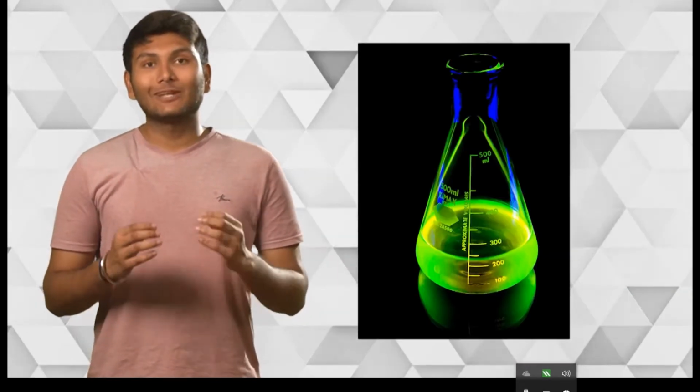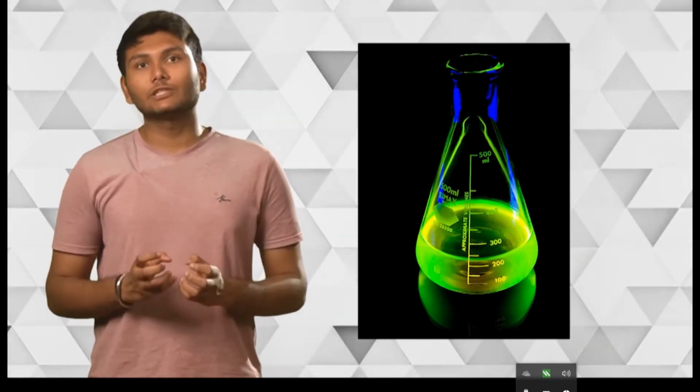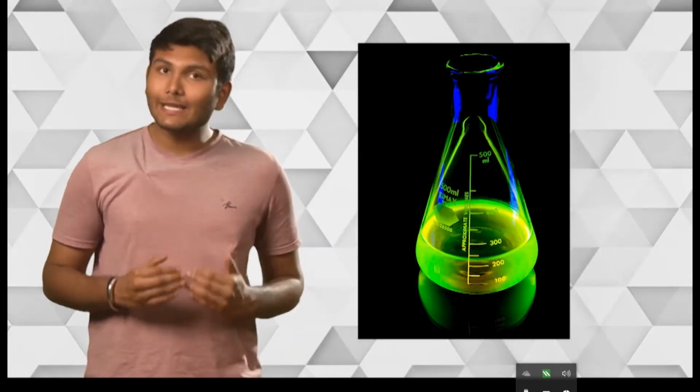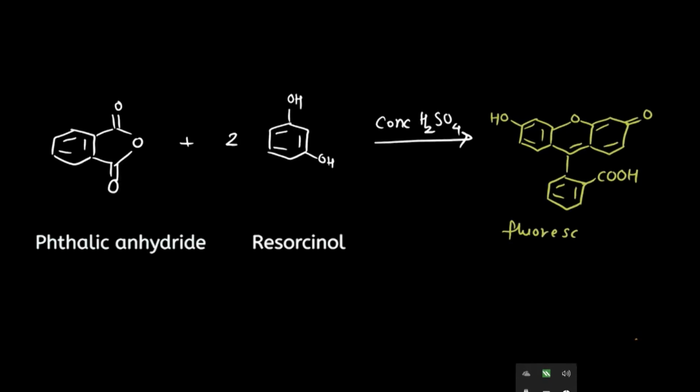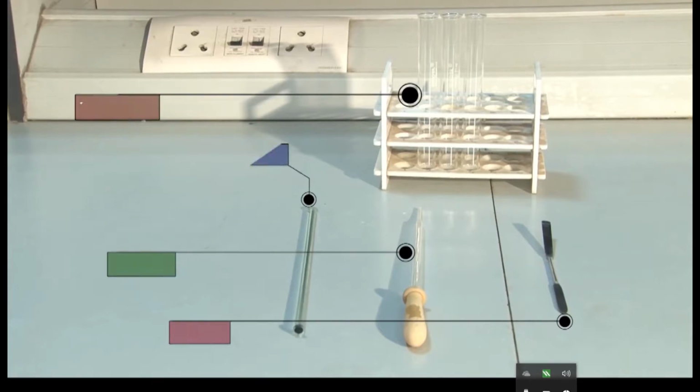Fluorescence is the phenomenon in which a compound absorbs energy in the form of photons and then re-emits the energy in the same form. Fluorescein exhibits pH-dependent fluorescence, which means that the light it emits depends upon the pH of the solution. In what pH conditions do you think that fluorescence increases? Acidic or basic? While you think about this, let's see how fluorescein is prepared by reacting phthalic anhydride and resorcinol. For the experiment, we will need